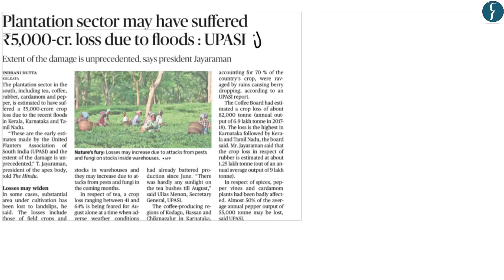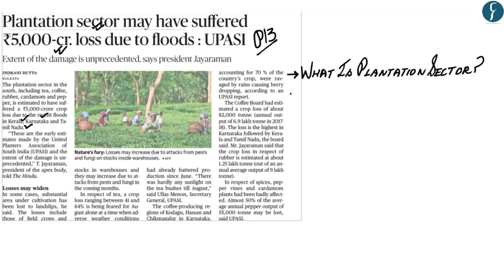Now we've taken this article from page 13. Now what this article talks about is that there has been a loss of roughly around 5,000 crore in the states of Kerala, Karnataka and Tamil Nadu because of the recent flood. And these losses have been mainly caused to the plantation sector in these states. Now what we'll do with regards to this article is first understand what a plantation sector is. And after that, we'll try to understand what are the causes of concern for the plantation sector due to the